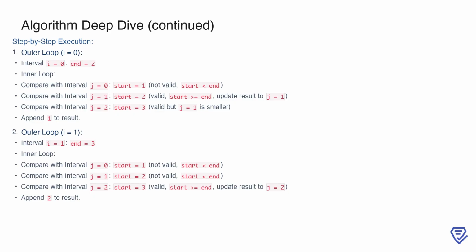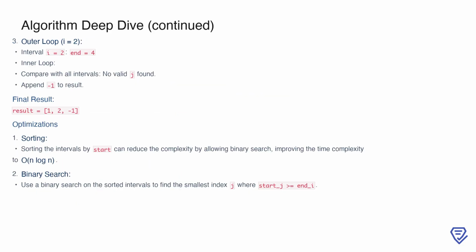Next, for i equals 1 with interval [2, 3], the end value is 3. Comparing against other intervals, only the start value of interval j equals 2 is valid, so we append 2 to the result list. For the final outer loop iteration, i equals 2 corresponds to the interval [3, 4], with an